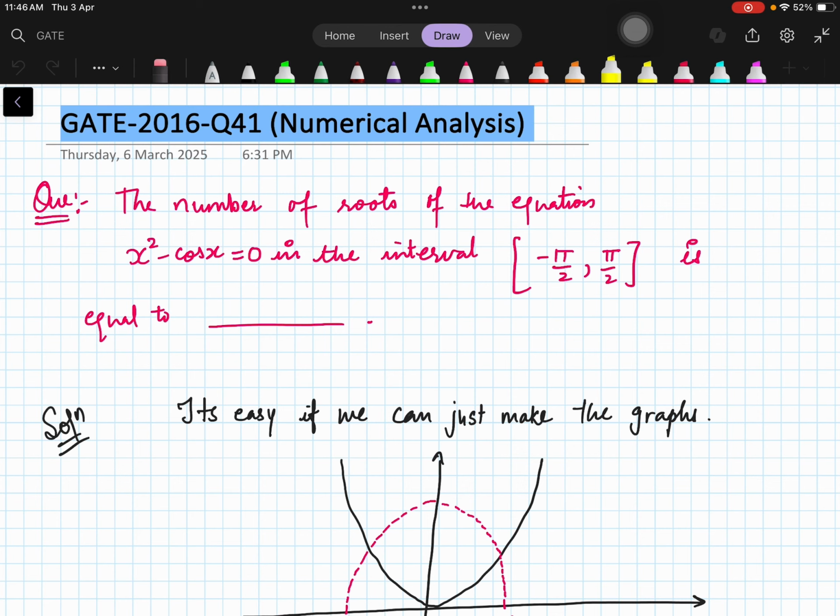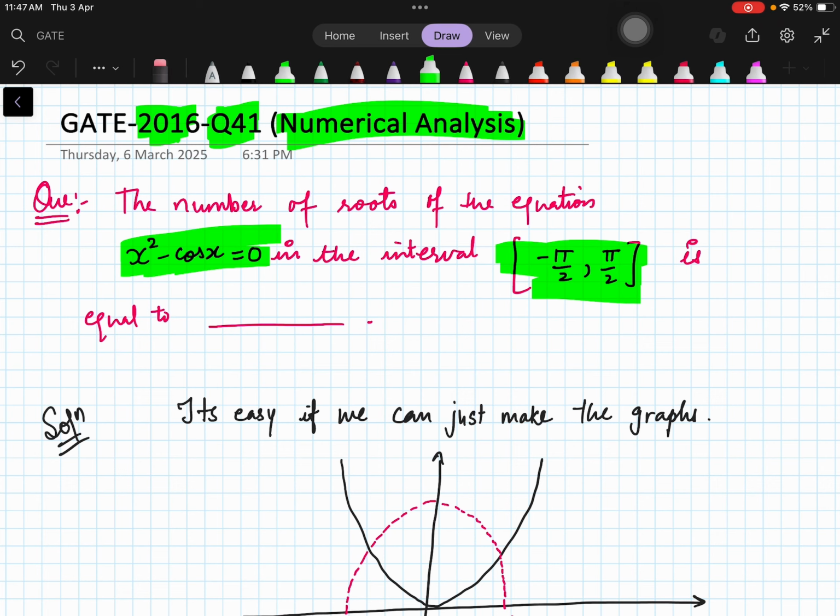Here we are doing a problem which was asked in 2016 GATE question number 41, and it is based on the subject numerical analysis. So it's a very simple problem. It's like one line. They are asking you what are the number of roots of this equation in this interval, right? Generally we know that if we have a polynomial, then we can tell something about the number